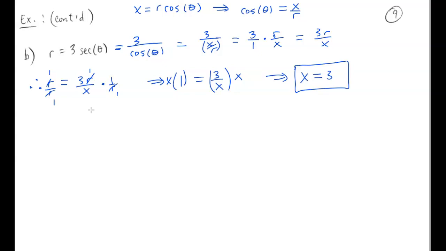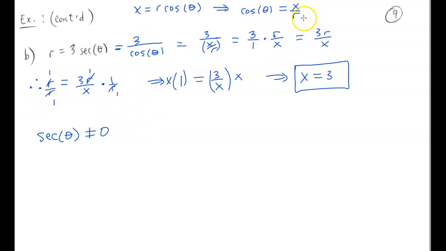Okay. So note here that we know secant is never going to equal 0. And so since secant is never going to equal 0 for any theta in this domain, I'm allowed to actually divide both sides of that equation by r that I did up here earlier. Okay. So to put that another way,